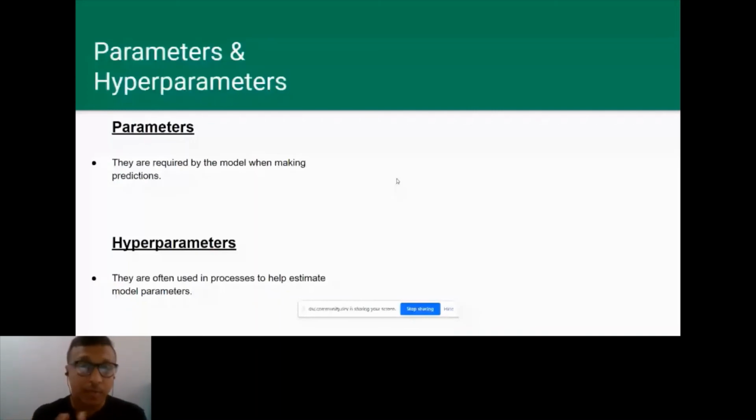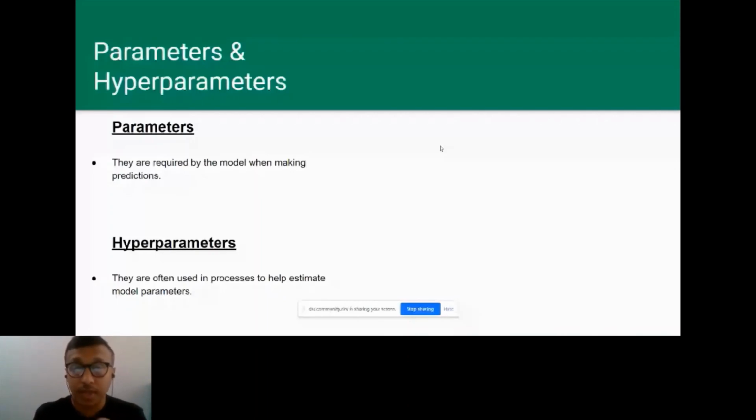Now where hyperparameters come into play: hyperparameters are those values which are external to the model, which help in tuning the parameters of the model. The parameters help in the prediction and are learned from the model itself, but hyperparameters are used to tune these parameters.